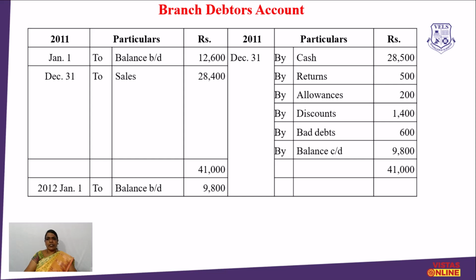Just total it: the closing balance is 9,800, right? When you put the total, the debit side 41,000 minus the credit side value, by balance CD 9,800. You bring down that value for the next year, 2012 January 1 to balance BD